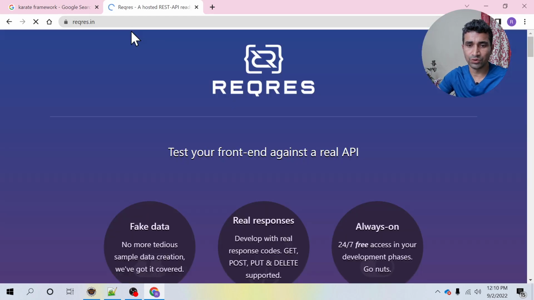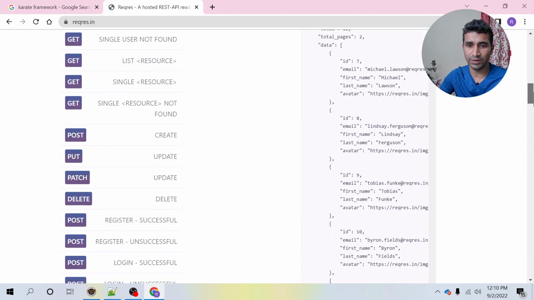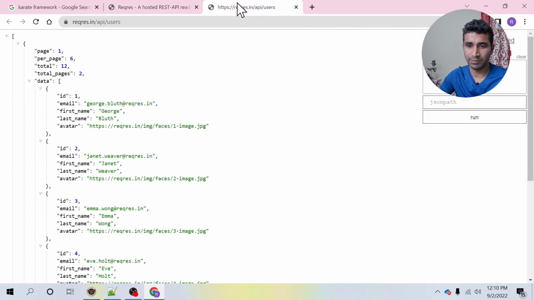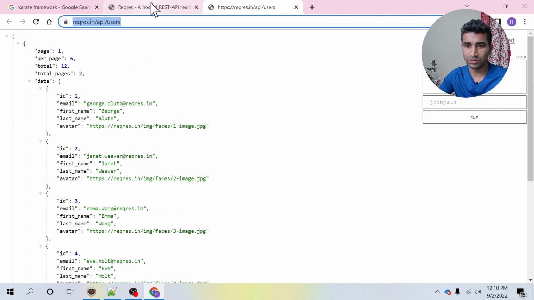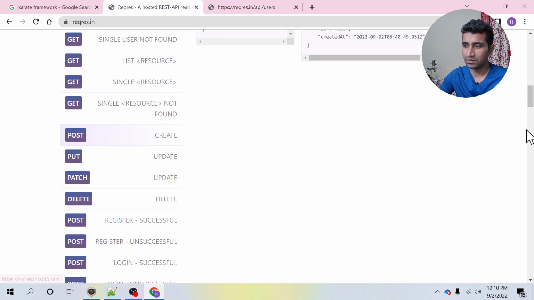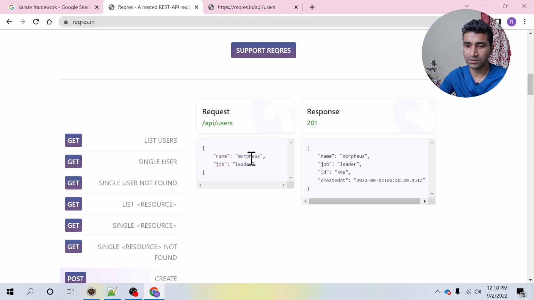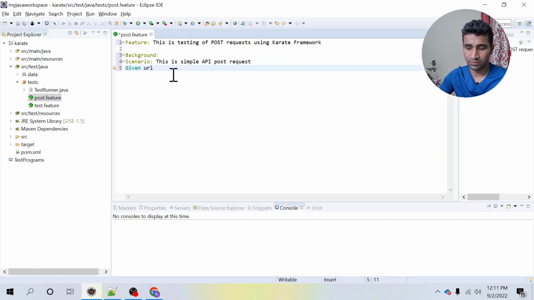Either you can use your own POST API, or you can open the reqres.in site and you get some dummy APIs, like the one I'm going to use. This is going to be very simple and interesting. So I'm going to use this payload, this request data, request body. Okay. So let me use this URL for now,